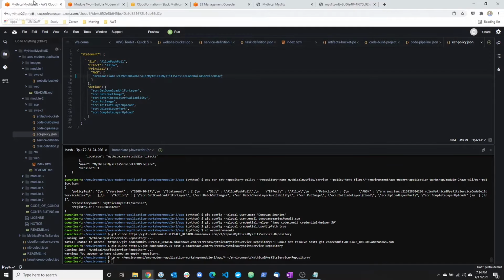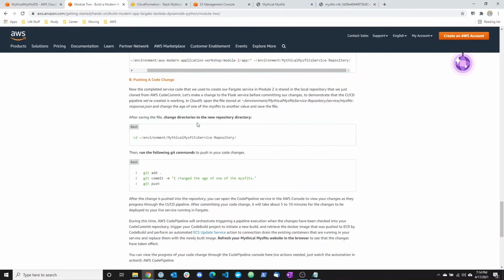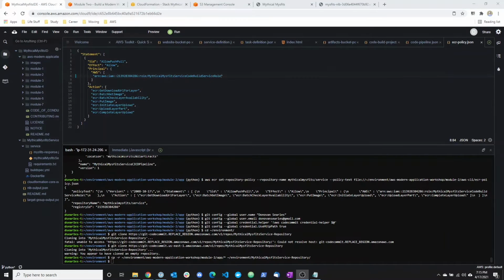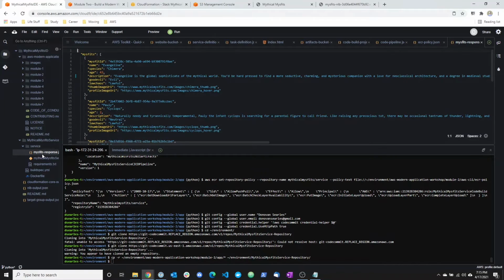So let's go back. Let's see. Okay, so this is the file here. If I open this up, this tells us all of the ages. So this is the one we're going to shoot for. This one here, so Evangeline. We're going to change the age to 3000, and now we can save that file. And if we go back here,